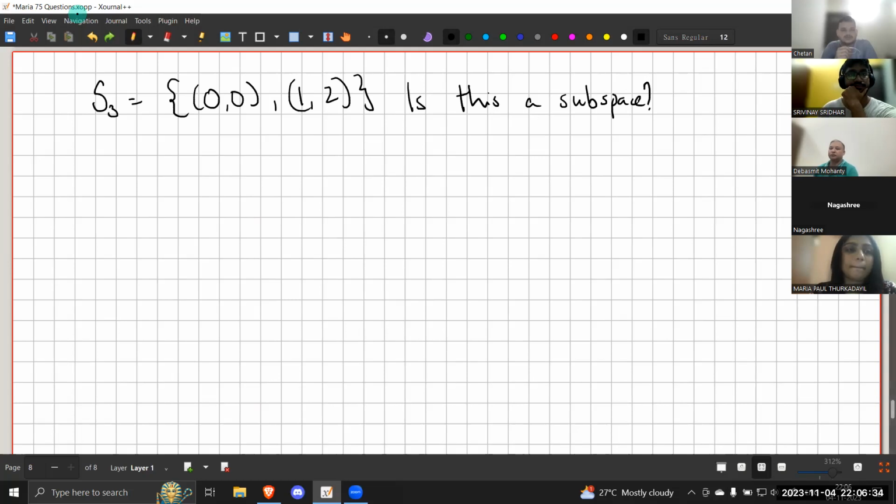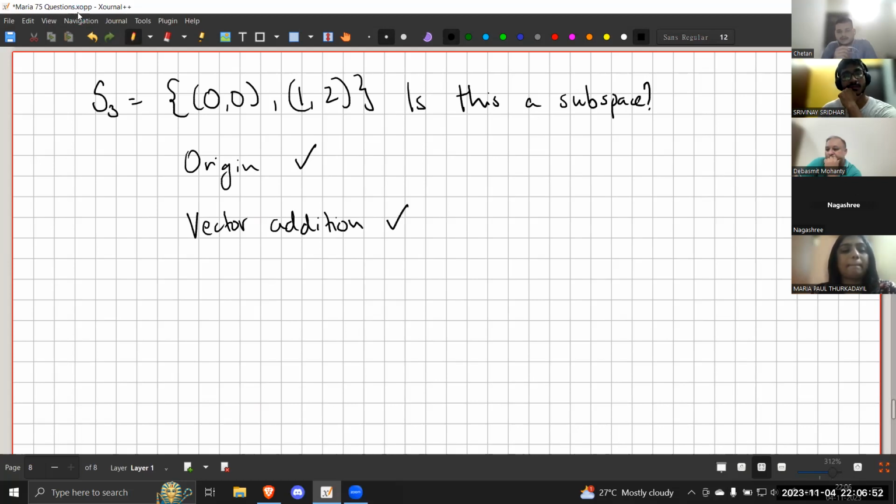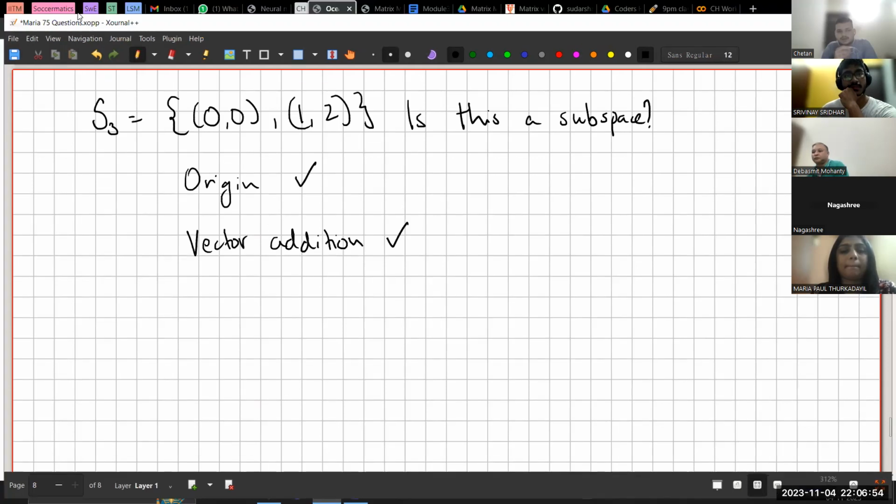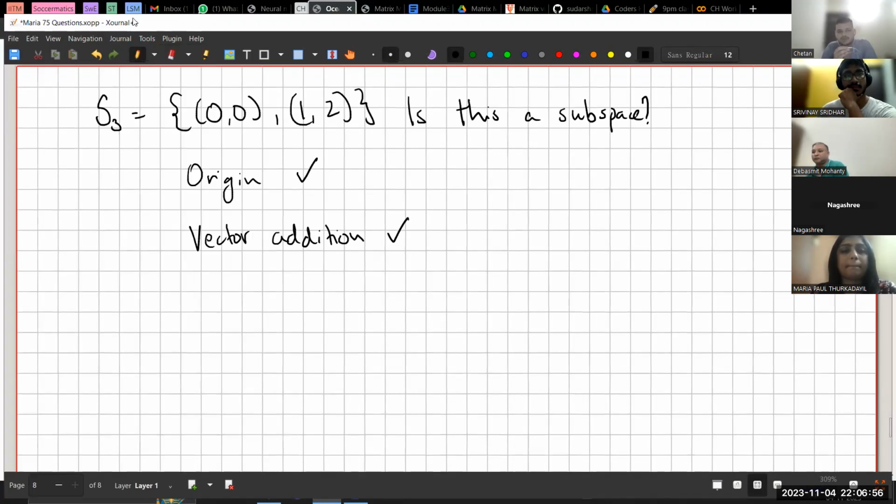And also, first of all, let's check for the origin. Does this set have the origin? Yes, it does have the origin. Does it satisfy vector addition? So if I take two vectors from this set, that is 1, 2 and 1, 2, and add those two vectors, will I get the resultant vector in the subspace? So 1, 2 plus 1, 2 gives me